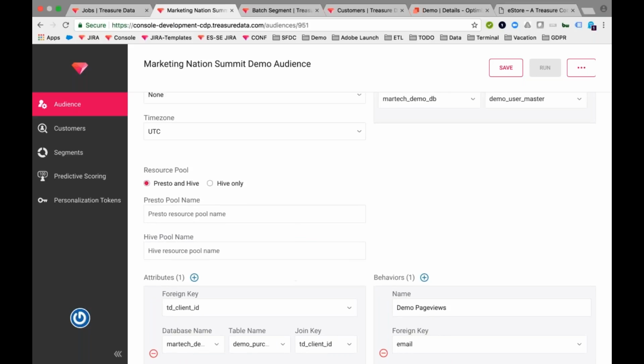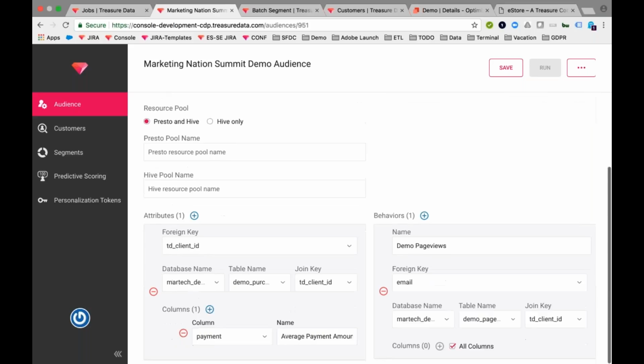So again, you're thinking about these as extending the attributes of your customer. So maybe you have demographic information about them. These are just where there's one of each for each customer. And as well, we also have behaviors. And with behaviors, what those are, again, are things that happen over time.